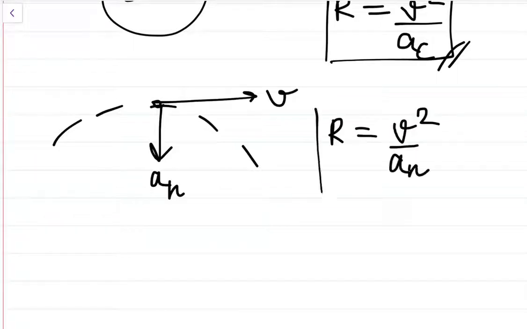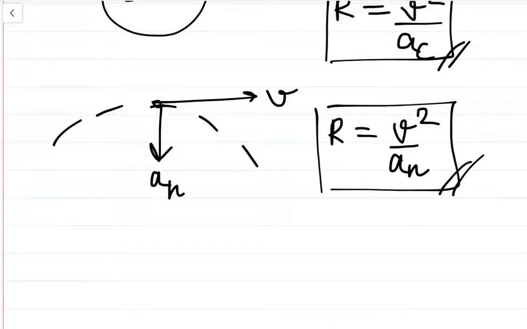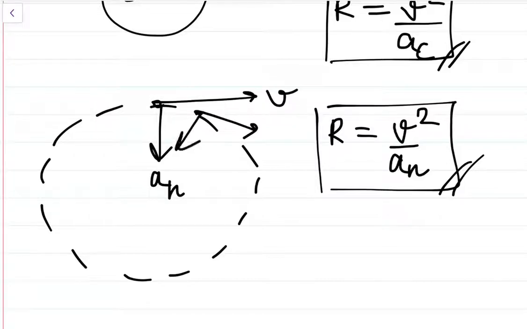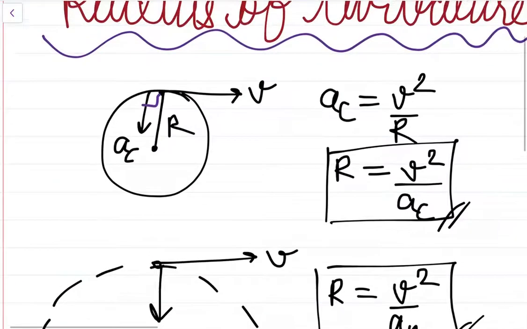I want you to learn this by heart. Okay, so it's just an easy formula. The velocity squared divided by the normal component of acceleration gives us the imaginary radius. The particle is moving like this just for a moment, because when it moves ahead, the component may or may not be the same. So it is just for a moment and of course an imaginary radius. All right, so I hope that you are clear with this concept.